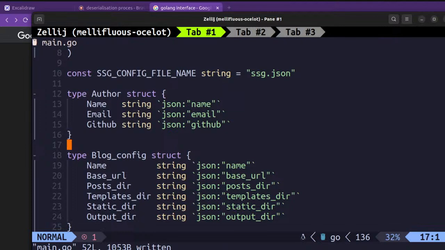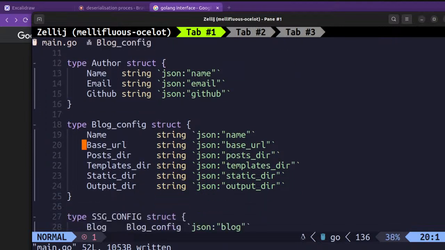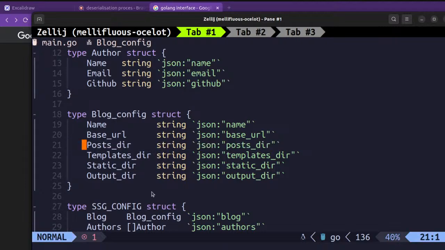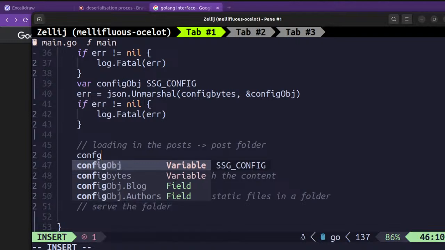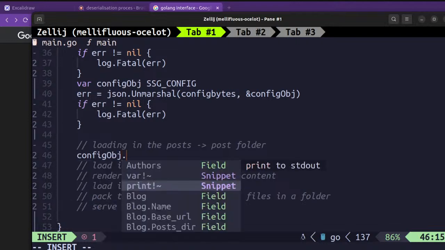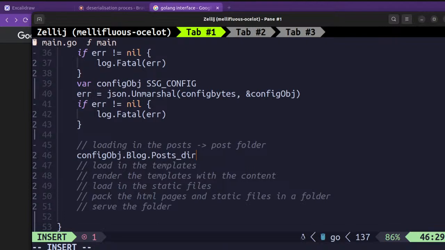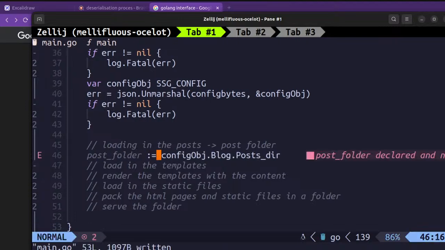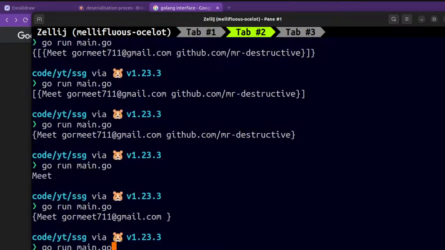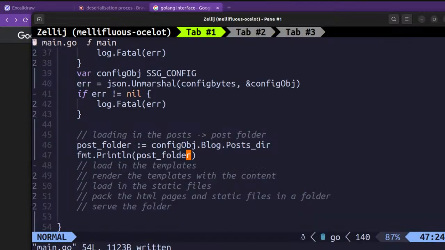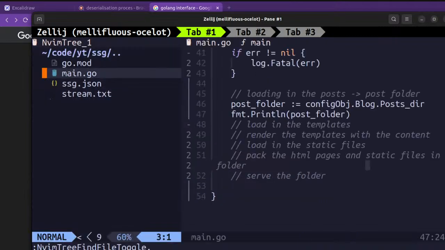What we want to do here is focus on this part, the post dir, and move into that folder. So once we have the config object, we can have blog post dir. This will be the actual post folder. So let's call it post folder. And if we bring the post folder and run it, you can see it is post. So let's go ahead and create a post folder